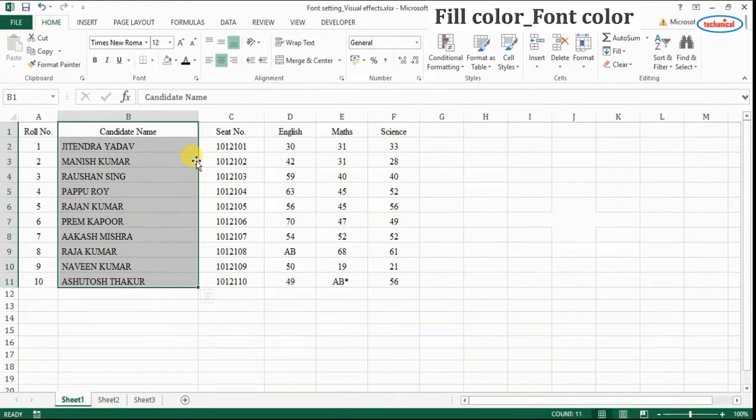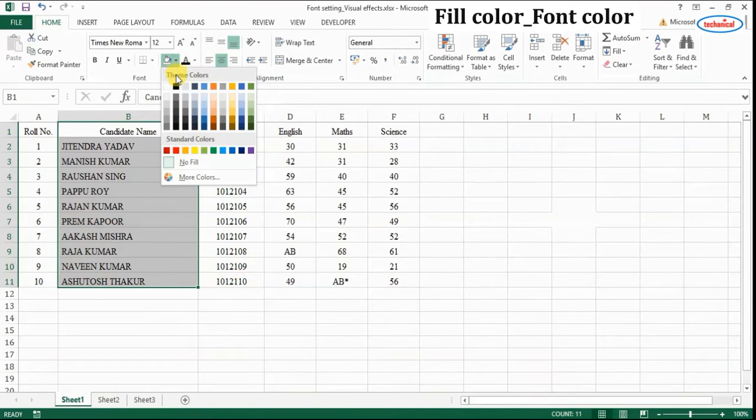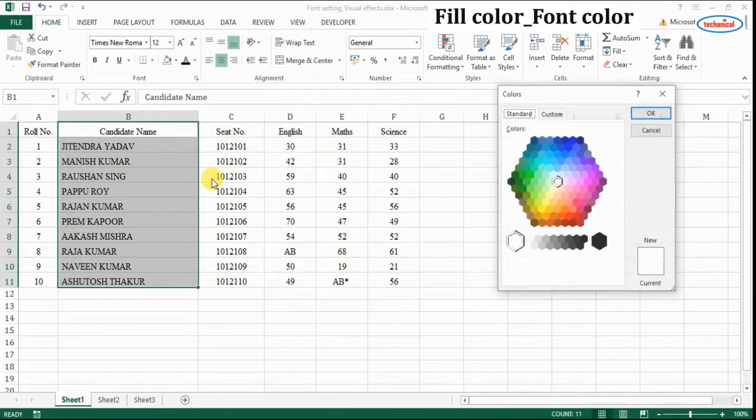If you want to customize the more shades of color, go to this drop down menu and choose the last option, more color. Here you can select the different shades. In this preview you can observe the changes like that.